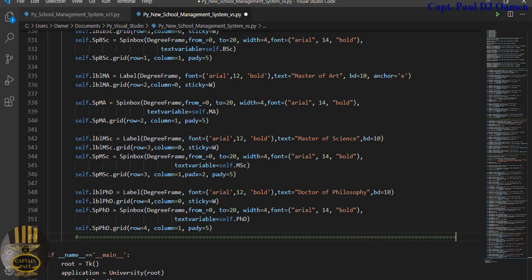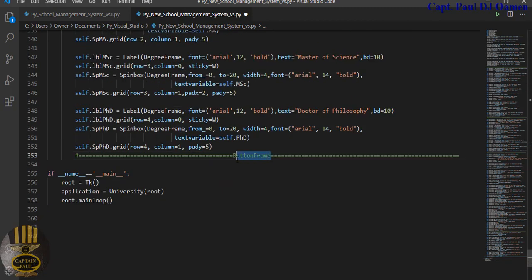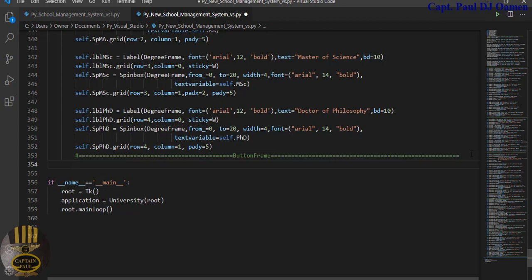So in the case of the button, I'm going to use, it is called button frame anyway. Yeah, button frame I called it, so I'm going to call that right here, button frame. And the very first button, let's come down here and just call that self dot btn add new, something like that. Add new, so that would be equals button,